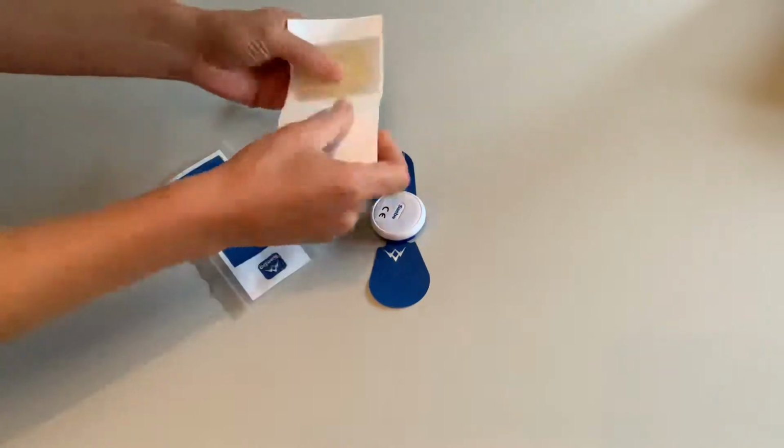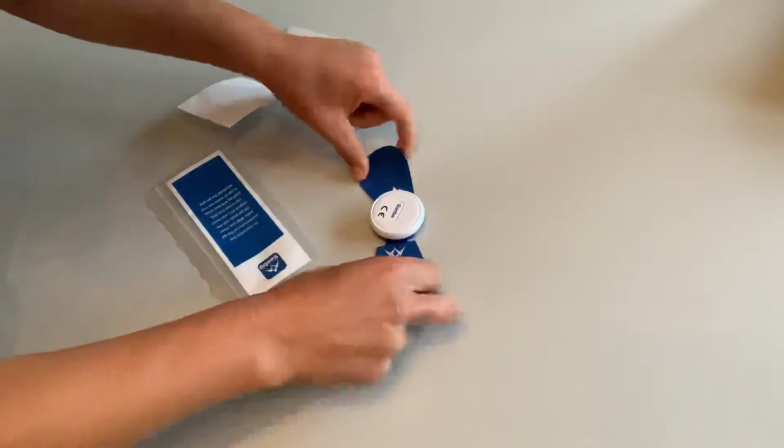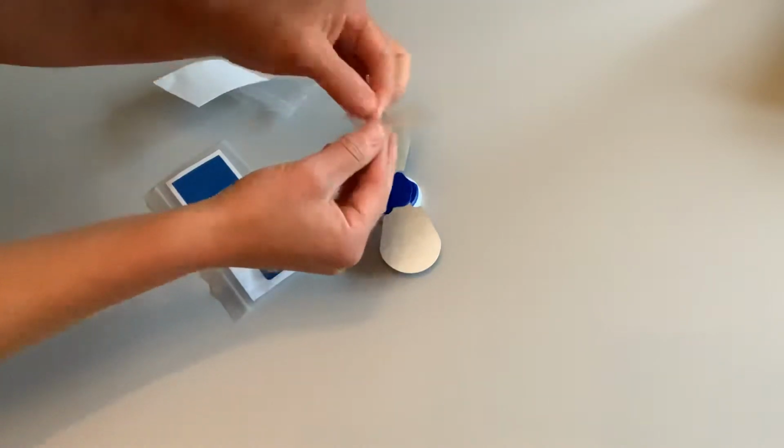Got my pack of gel electrodes. Got one pair in here. And then these are going to go onto the silver side of the wings. You want to peel off the thinner side of the plastic